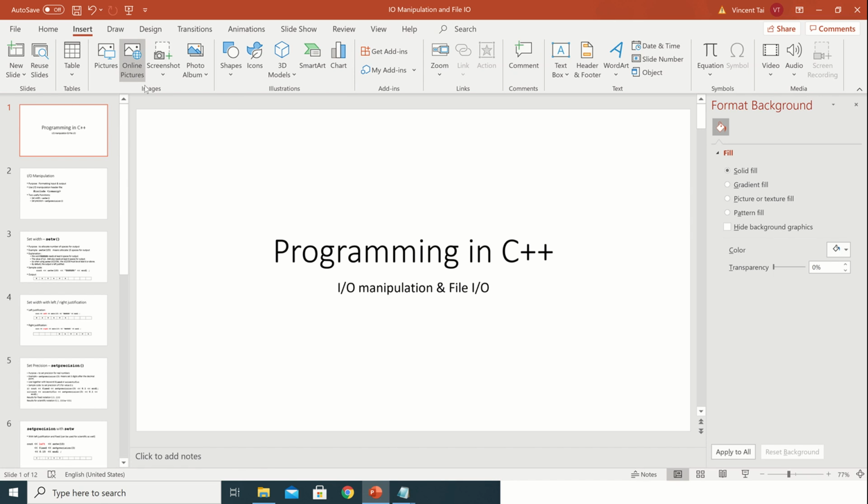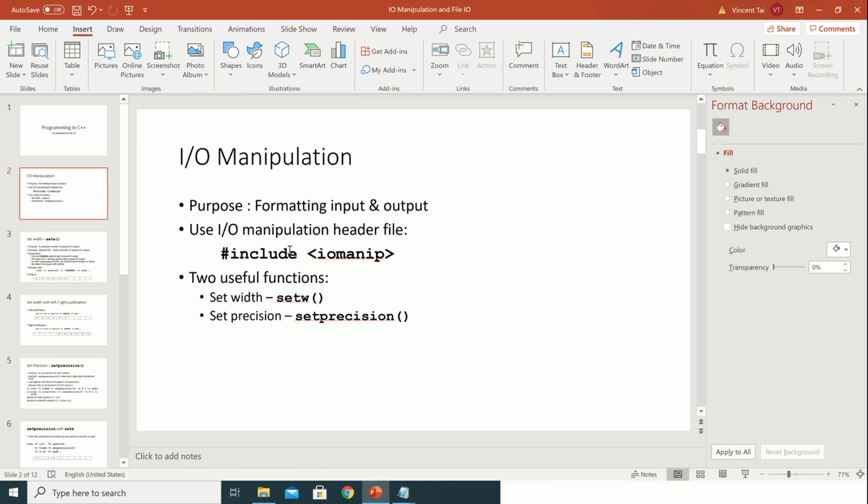Hi guys. Today we'll be talking about this program in C++: input-output manipulation and file I/O. The first thing is input-output manipulation. The purpose of this is to format input and output, and in order to do formatting for input and output, you have to use